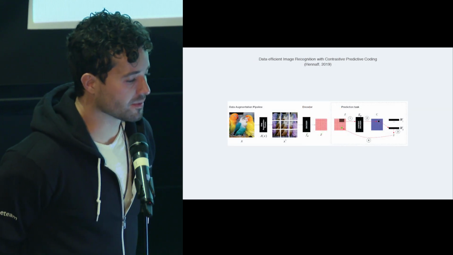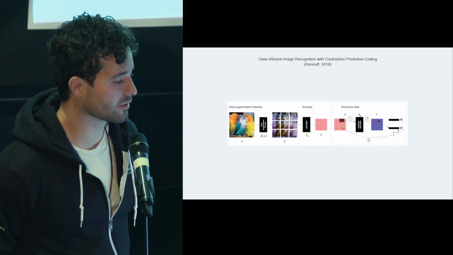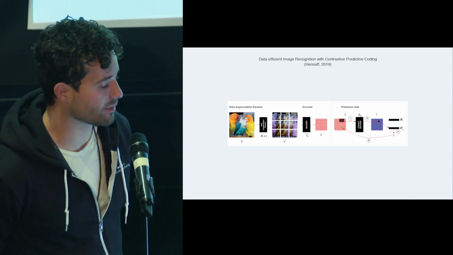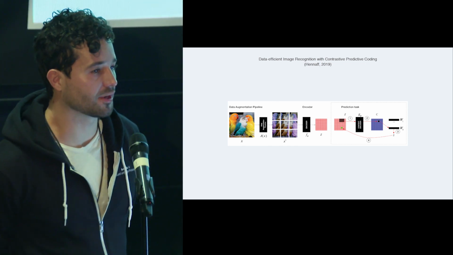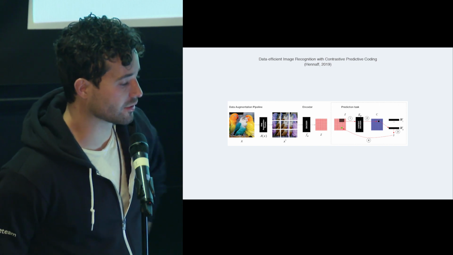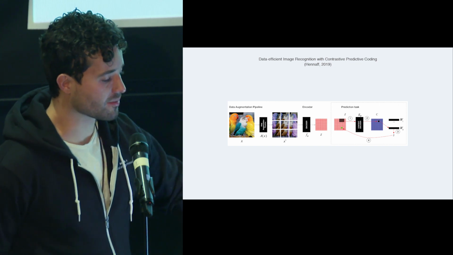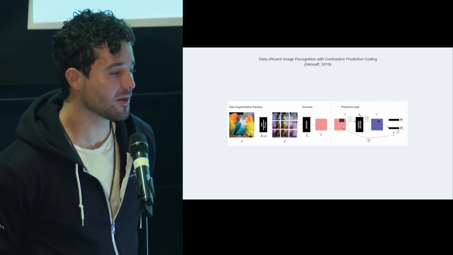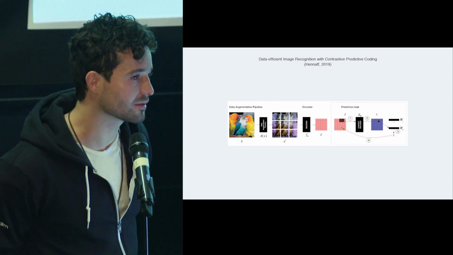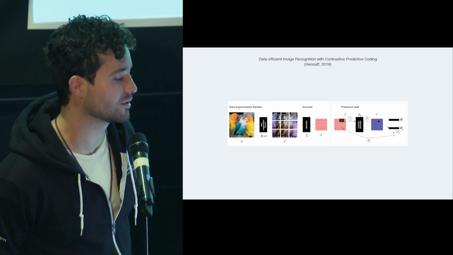That's the first kind of work that we're comparing. This next one is something from DeepMind. This is called CPC, Contrastive Predictive Coding. The way this works is kind of the same thing. You have this data augmentation pipeline, you have an image, but instead of splitting it into two images, they split it into patches, right? They calculate these overlapping patches. And you can think about each one of these patches as representing a version of an image from that class of images. So parrots, there are 9 parrots here, but it's really just one.